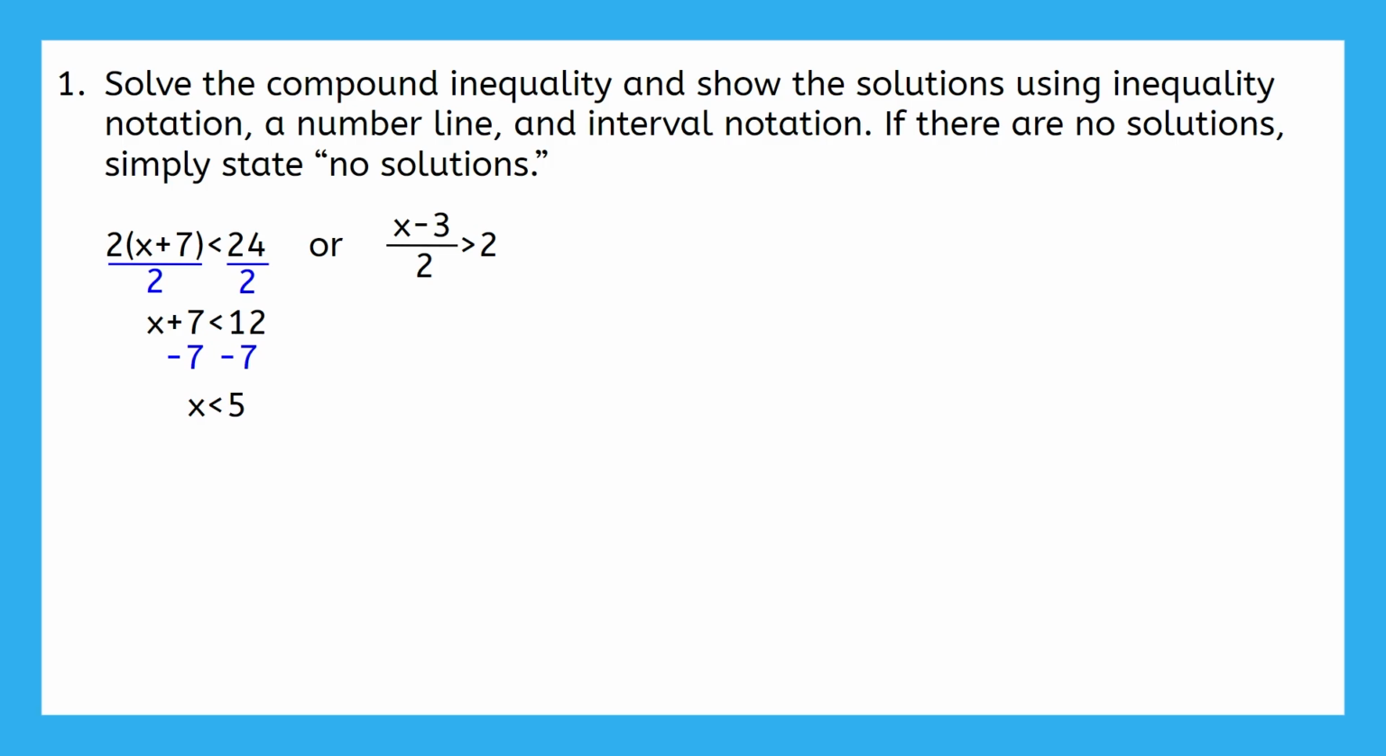For the other inequality, we can multiply both sides by 2 and then add 3, giving us that x is greater than 7. When we bring all of this down, we have that x is less than 5 or x is greater than 7. After this, it's very important to get a visual on a number line and just step back for a moment